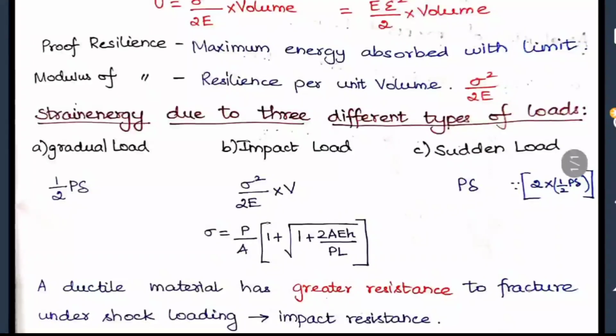When this H becomes 0, it is somewhat near to a sudden load being applied. When you substitute H equal to 0 in this formula, the whole term under the root becomes 1. Root 1 you will get 1, so the answer is 2P by A. You can write it like that also, okay? And then the sudden load. As I told, when H is equal to 0, it can also be expressed as 2 into the gradual load, so it is P del alone you'll be getting. These stresses can be applied in the strain energy formula, and then you can calculate the strain energy.